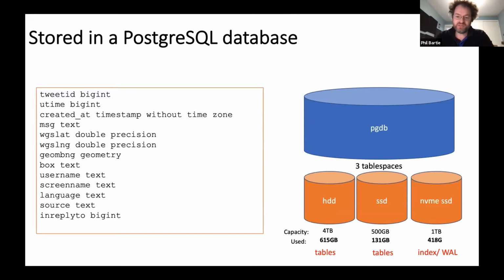And the database, with 317 million tweets, is about a terabyte of data. To give it some speed, we've split it up amongst 3 hard disks, a solid state drive, and an NVMe solid state drive, which, if you haven't come across them, are incredibly fast and well worth the money.